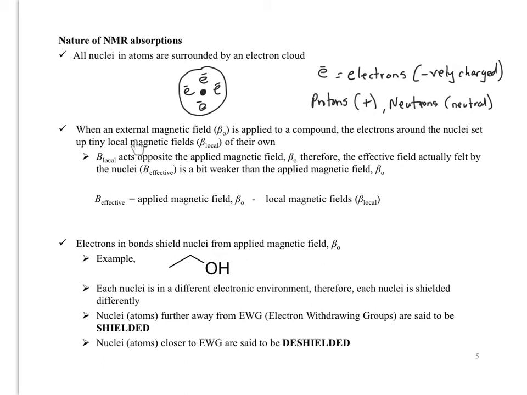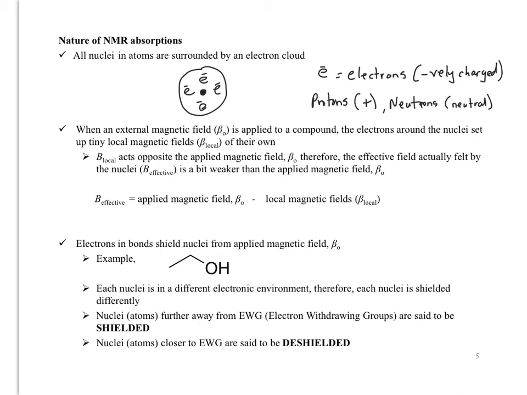Now these local magnetic fields are usually in opposition to the applied magnetic field, such that what the nuclei feels, or the actual effective field felt by the nuclei, is a bit weaker than the applied magnetic field. And this is due to the fact that you have opposing magnetic fields, the local magnetic field opposing the applied